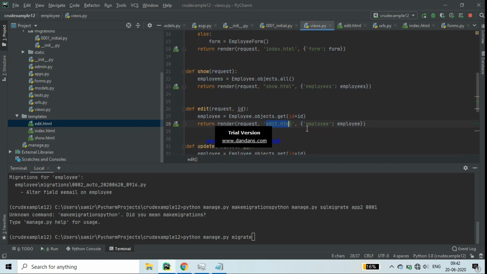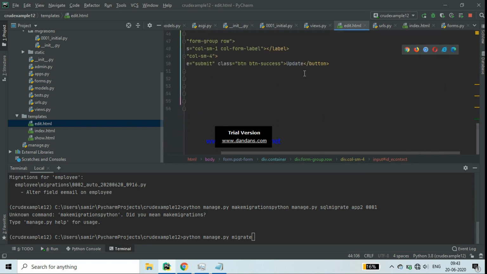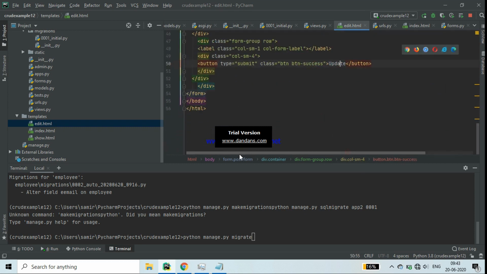Whichever id I have taken, in employee I have stored everything because employee is the object, and that person's employee name, employee email, employee contact will be visible there. After that, when you click on the update button,